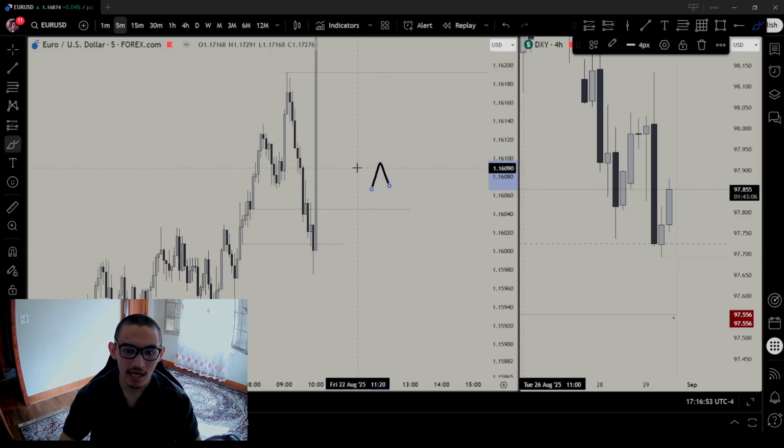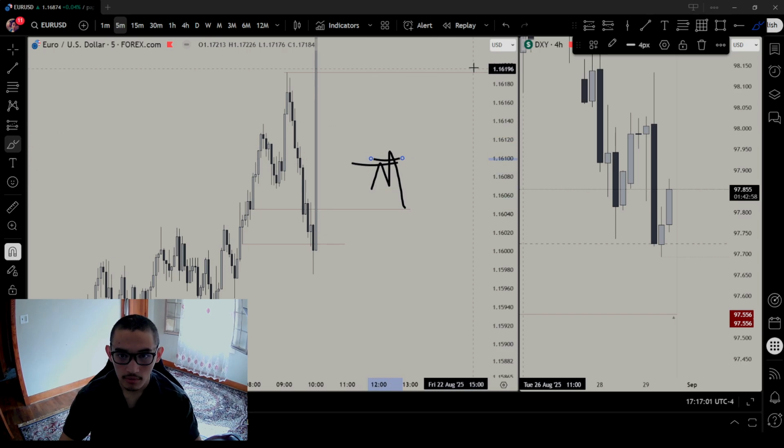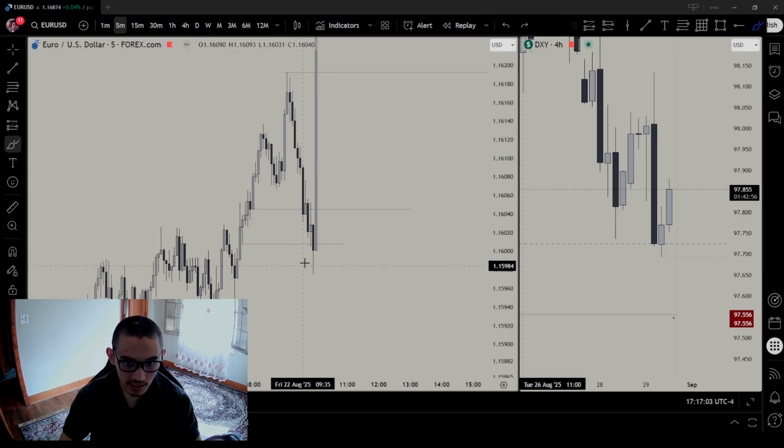And usually when it taps your entry and then goes lower, that's usually a bad sign, because the market more often than not will come back up higher, right? It will come back up higher here, then go down. If you put your stop loss here, you get stopped out, right? So same thing here. You can see it tapped it, but it didn't dig into it, so the market came back down even harder. Although it disrespected the entry, we already entered, and the entry already got tapped, so they already accumulated enough orders, so it doesn't even matter, because this is a 5 minute time frame. Does it matter?